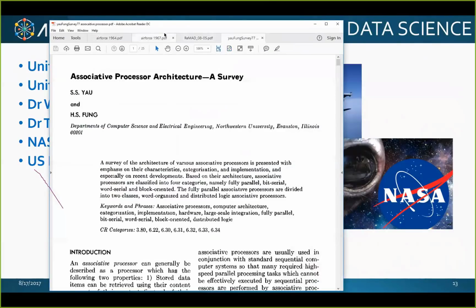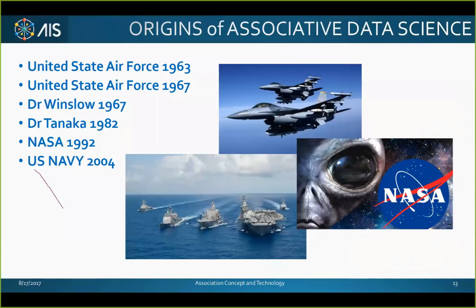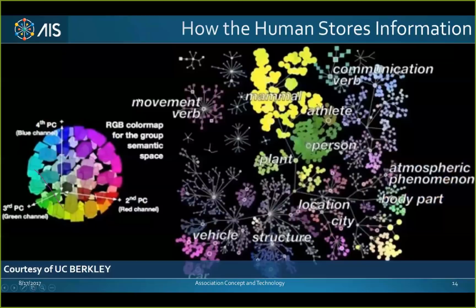The interesting thing that these gentlemen all did, these papers reflect the attempt at creating an associative memory chip, not software. All of these projects, with the exception of the Navy project, were designed to create a processor that was associative. So out of metal, they tried to create the human brain. Not a brilliant idea when you think about it.